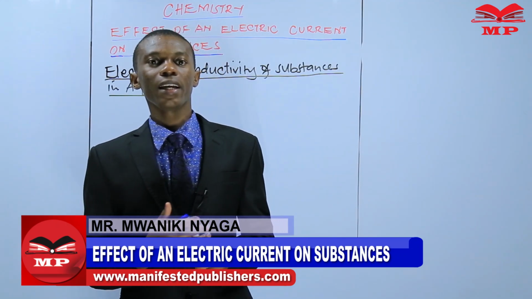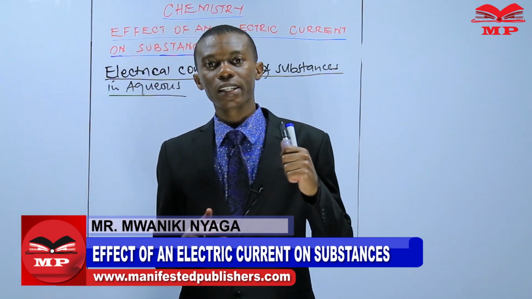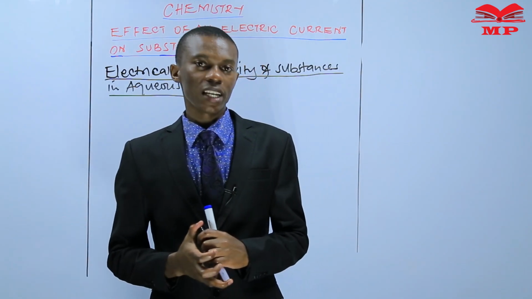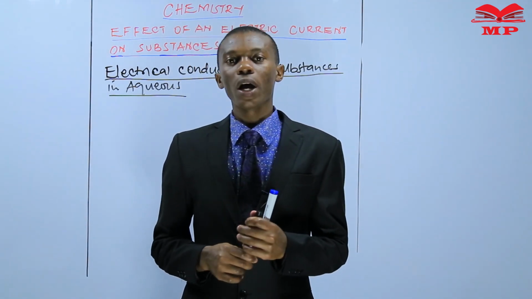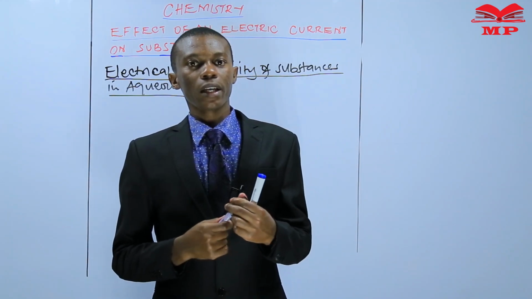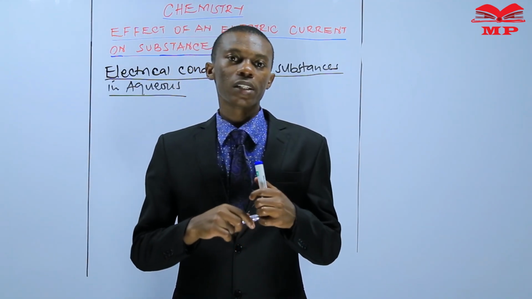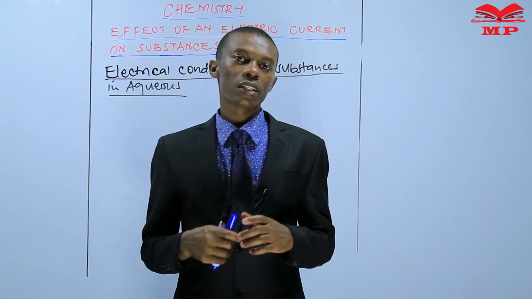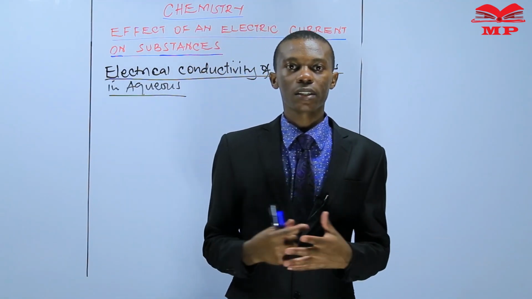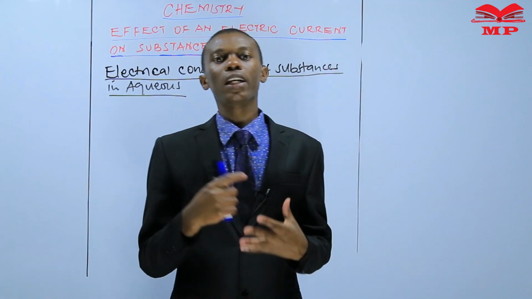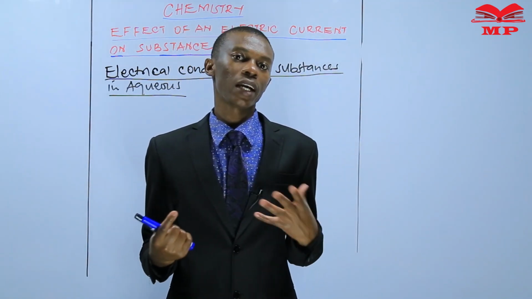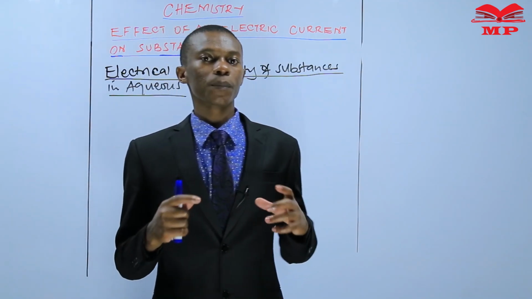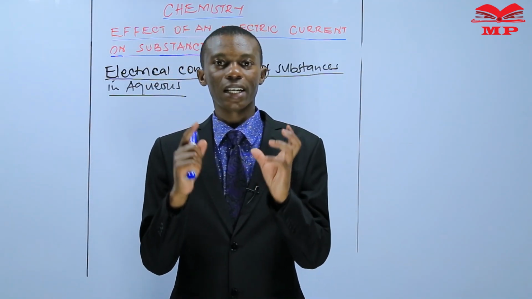Remember the topic is still effect of an electric current on substances. If you remember in our previous lesson, we were discussing the electrical conductivity of molten substances. And we're saying that molten substances, which include ionic compounds like lead bromide, lead iodide, sodium chloride, conduct electric current,